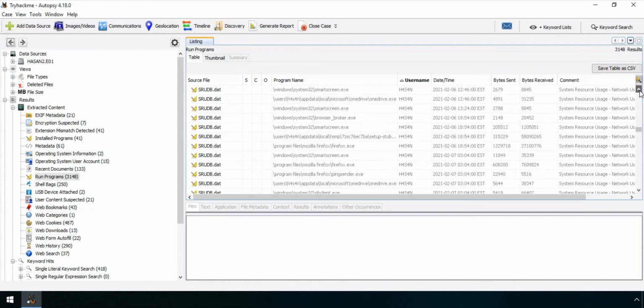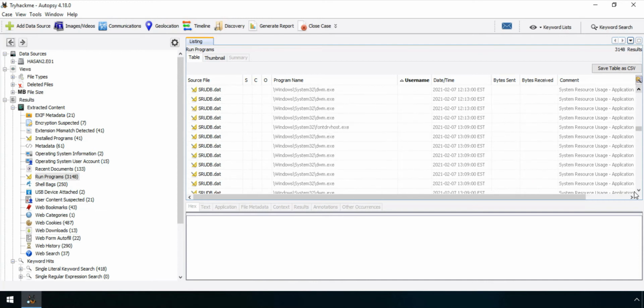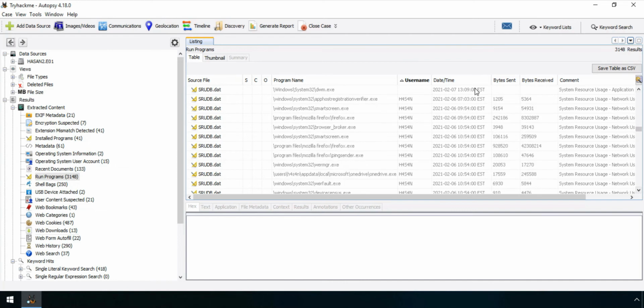Yes, these are the list of the user. Okay, here it is. So here are some programs which H4S4N could potentially access.